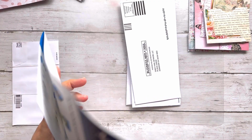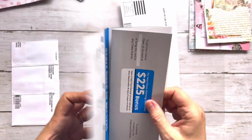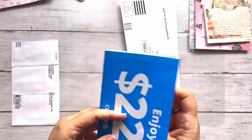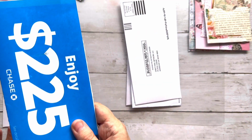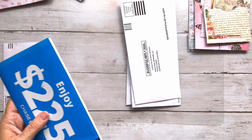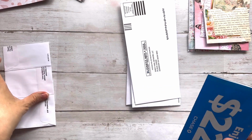And I'm going to take this. I got this in the mail. It was an advertisement for the bank. And I'm going to make a fold-out folio with this, okay? That's something you want to watch for, because what did I do with my prototype? I have it somewhere. I made a folio this weekend. It was also in that